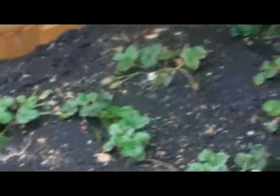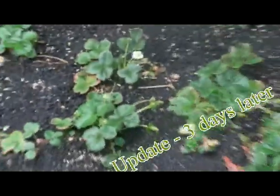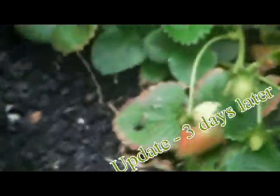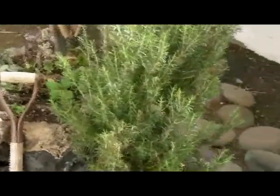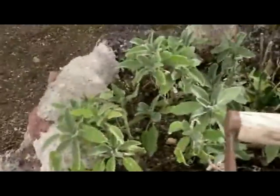Here's an update 3 days later, my strawberries. The weather's been fine, but in the space of 3 days the garden's certainly turned around. We've got some nice strawberries coming. To the left of my strawberry patch we have rosemary, which I've had for about 8 years, and that's very healthy, and some sage,